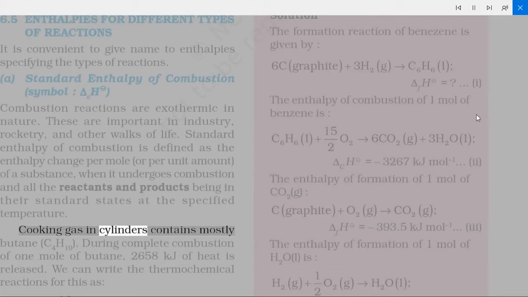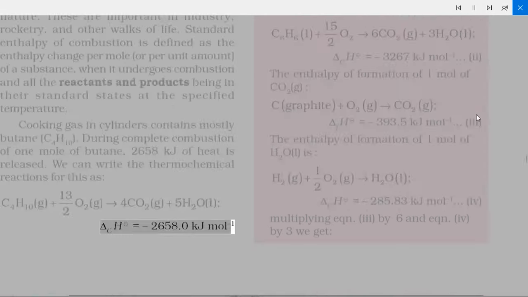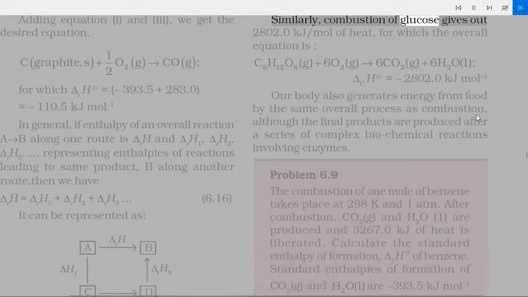Cooking gas in cylinders contains mostly butane, C4H10. During complete combustion of 1 mole of butane, 2658 kJ of heat is released. We can write the thermochemical reaction for this as C4H10(g) + 13/2 O2(g) → 4CO2(g) + 5H2O(l), ΔcH° = -2658.0 kJ mol⁻¹. Similarly, combustion of glucose gives out